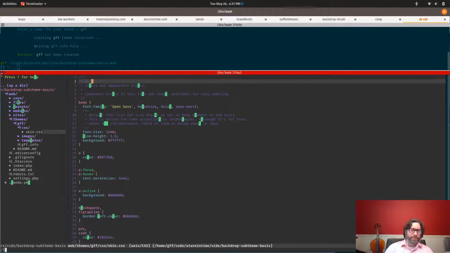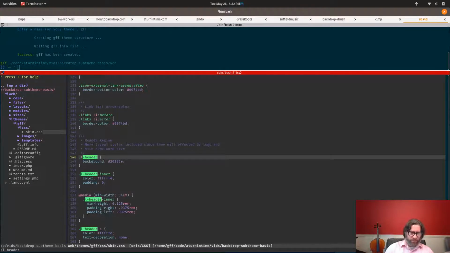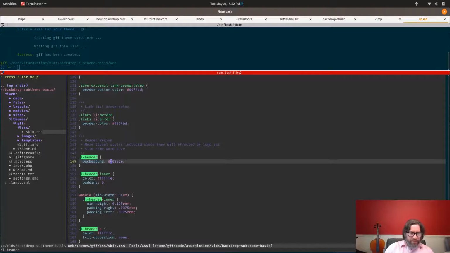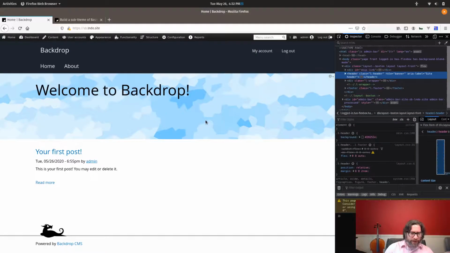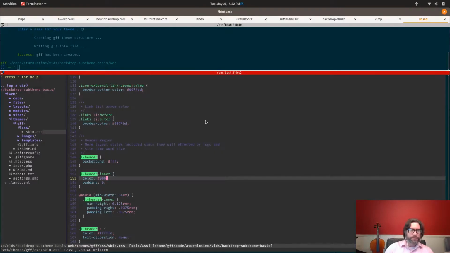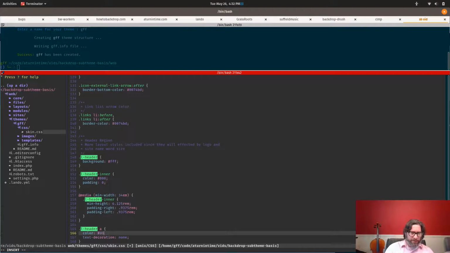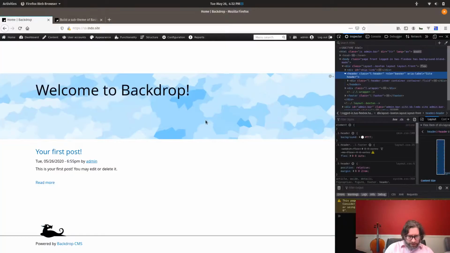If we want to affect the header, you see the background is blackish. I'm going to try setting it to white just for example, and set the foreground color to black, because we wouldn't be able to see the text if it's white on white. Go ahead and refresh. Oops, those are links. So here we'll set the links to 0E. There you go. Just like that, you can subtheme basis